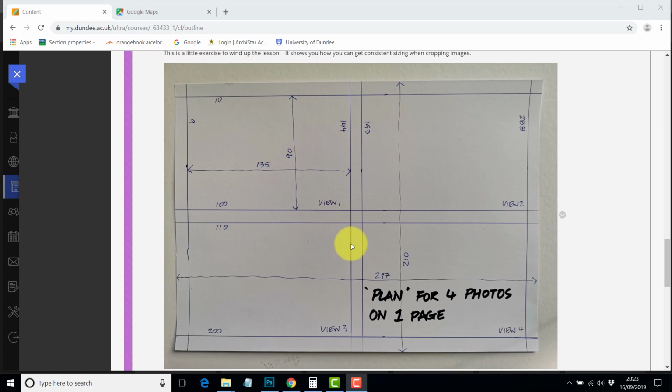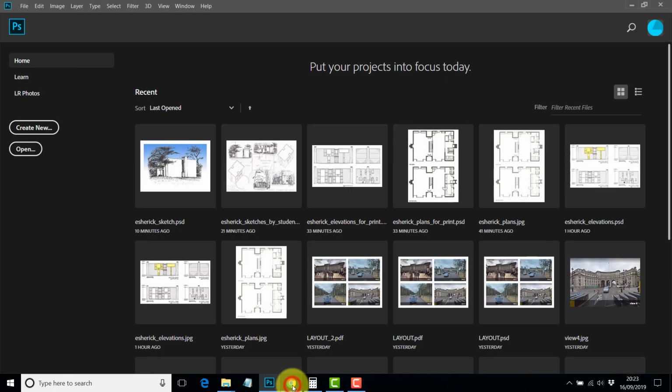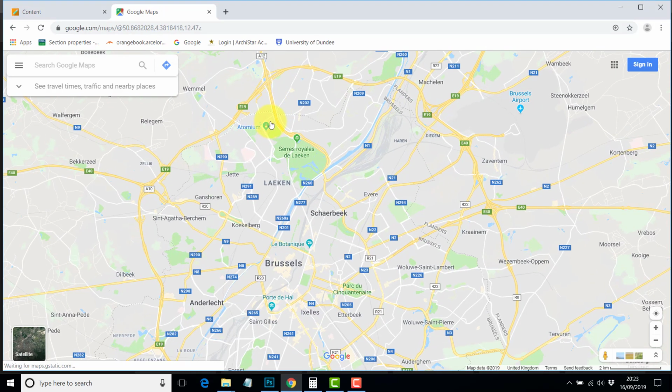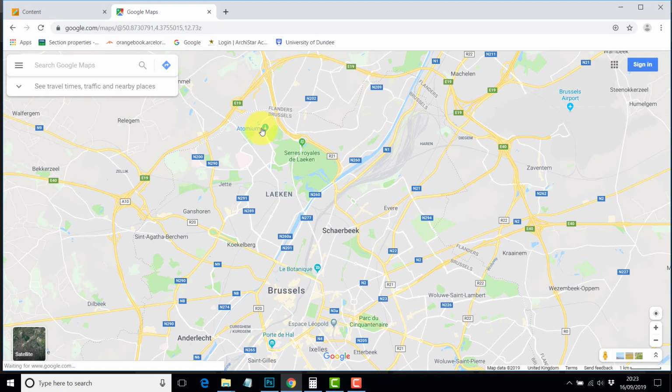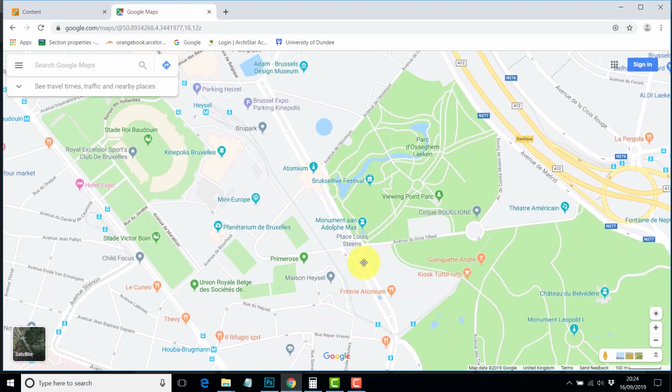And this image here is the plan of the sheet, and these lines are what we're going to create as guidelines in Photoshop. So I'm going to go to a building in Brussels that we visited a year or so ago, called the Atomium. So let's go check this out. We'll approach the Atomium from